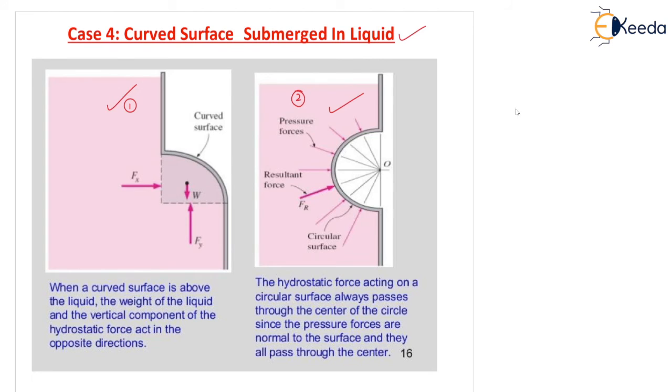So this type of structure can be used for supporting the liquid. But in this case you can see this is not supporting, but this is displacing. This 1 and 2 both are same actually. So for supporting I will draw another figure. Look at this. So look at this diagram. Water is present here. Now you can see, yes, this is the curved surface.